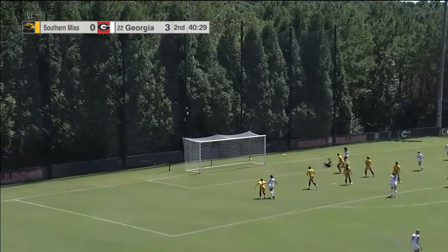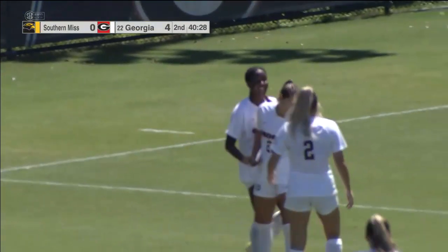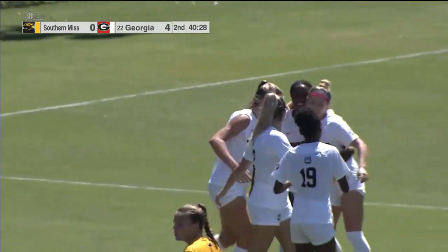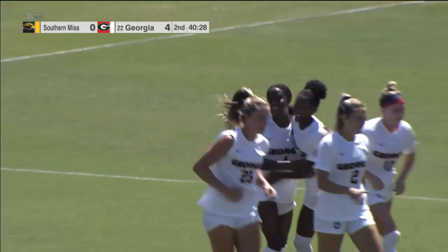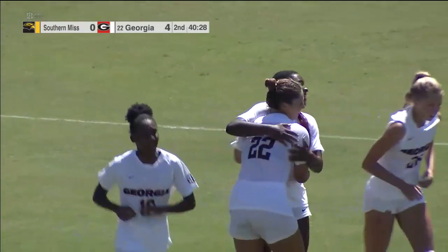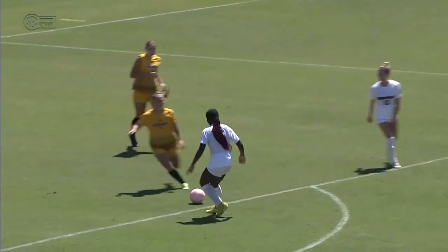So here's Georgia with Brathwaite. It's her first goal, and it is 4-0 Georgia. Welcome to the scoring sheet, Brathwaite. What a great finish. She received the ball inside the box, was able to take on one or two players and just slot it in the back of the net. The Bulldogs